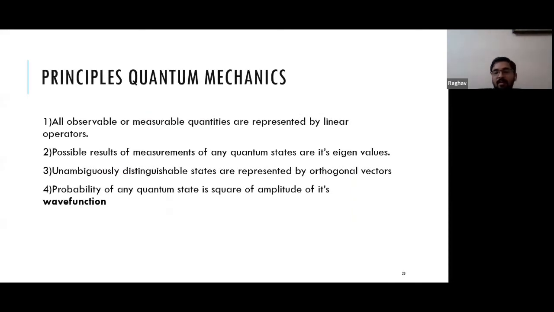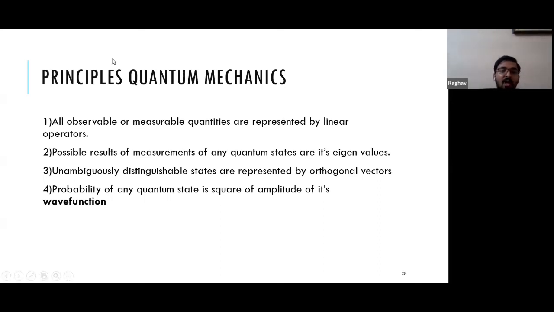So like in physics, whenever we propose any theory, we have a certain set of rules and a certain set of principles that we should obey while calculating things. Quantum mechanics is not a different thing. We have some principles that are observed and authorized by many physicists and by nature also.